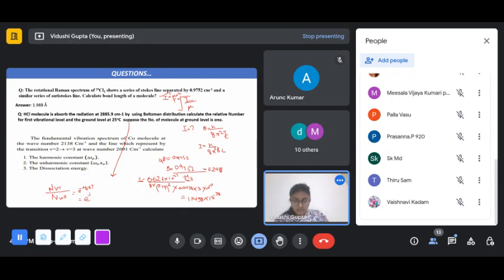minus hc nu-dash by kT, and we know the value of h is 6.626 into 10 raised to minus 34, into c, 3 into 10 raised to 10,